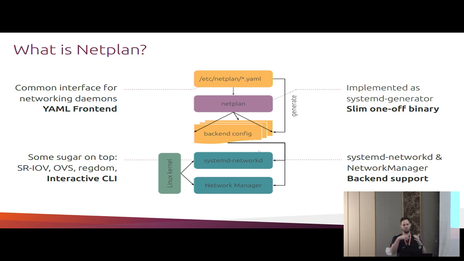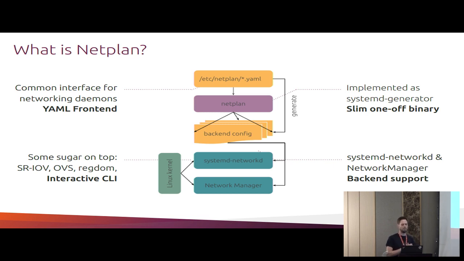And then there is the Netplan generator. The Netplan generator is a slim, one-off binary that is implemented as a systemd generator. So it runs very early during boot, and it reads the input YAML files, processes them, validates the network configuration inside, and then renders configuration for a specific networking daemon that we call backends.